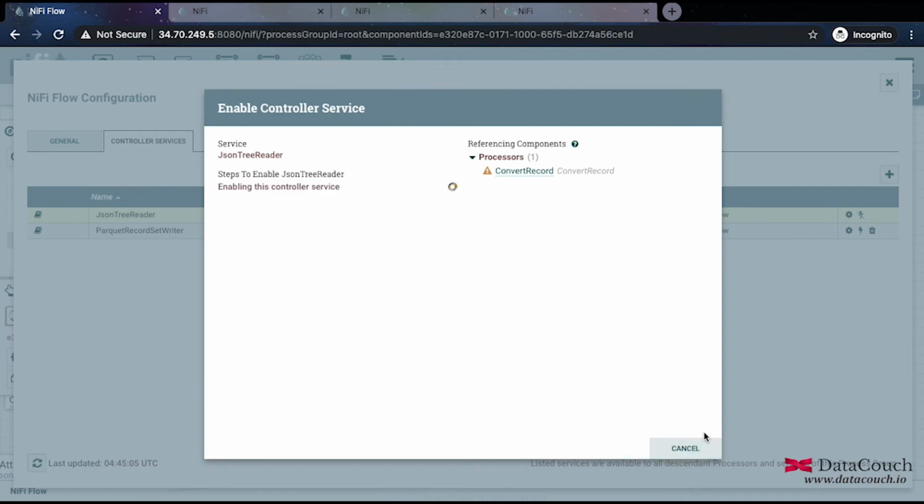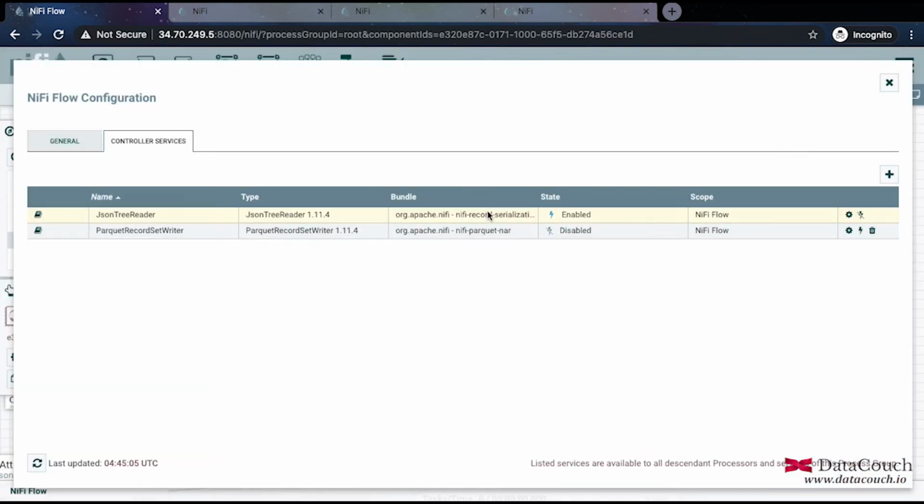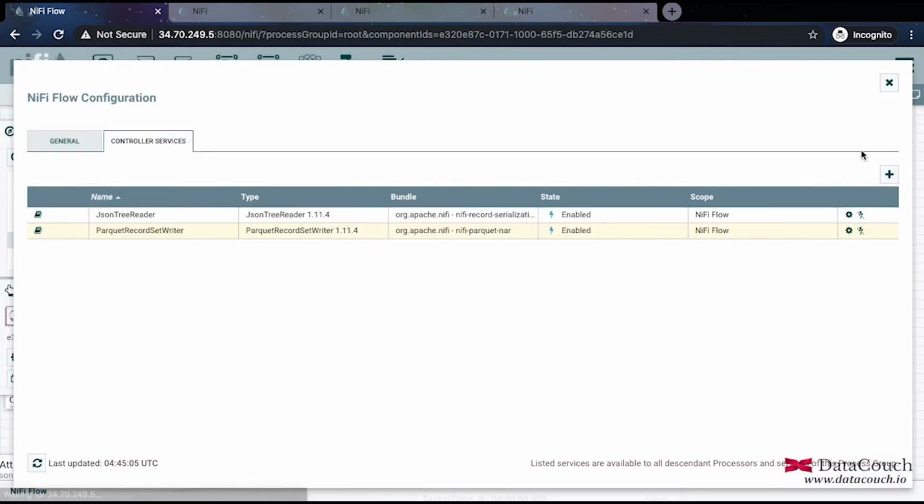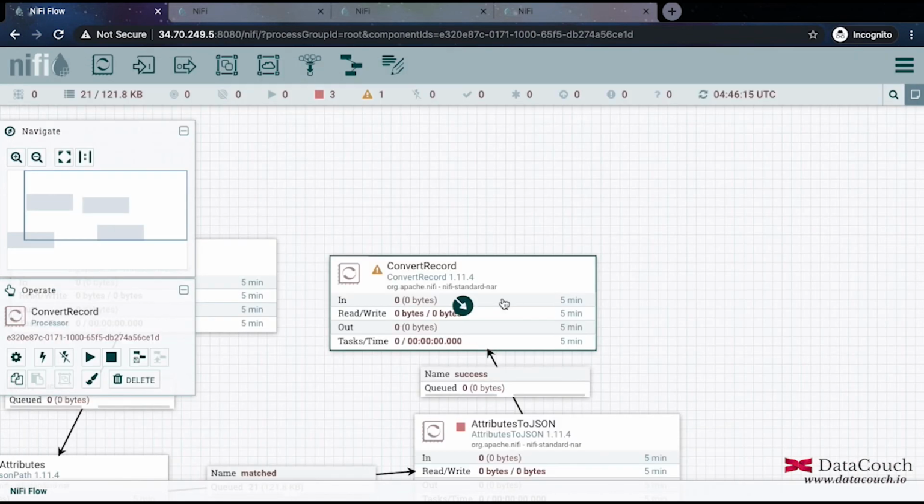So I've enabled this particular controller service. This is now enabled, and I'll also enable the Parquet controller service. I'll go to this option again, and this is also enabled. This is fine. Okay, so I'll close it, and I'll go back to ConvertRecord.